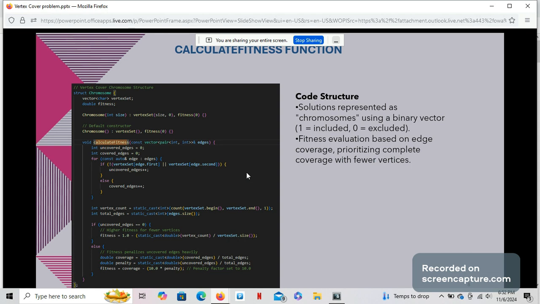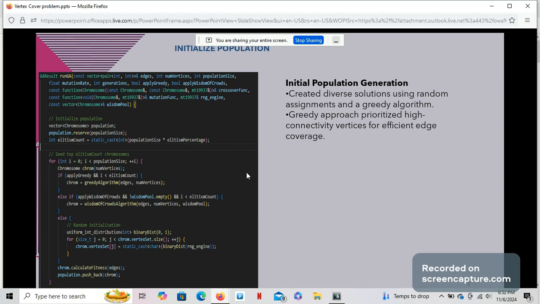And I achieved this evaluation with the calculate fitness function, ensuring that complete coverage was prioritized. The initial population is crucial in any genetic algorithm, and for this I generated solutions using both random assignments and a greedy algorithm. The greedy approach prioritizes vertices with higher connectivity, which provides a smart starting point by covering edges more efficiently, and by combining these diverse solutions, I aim to give the genetic algorithm a broad range to explore